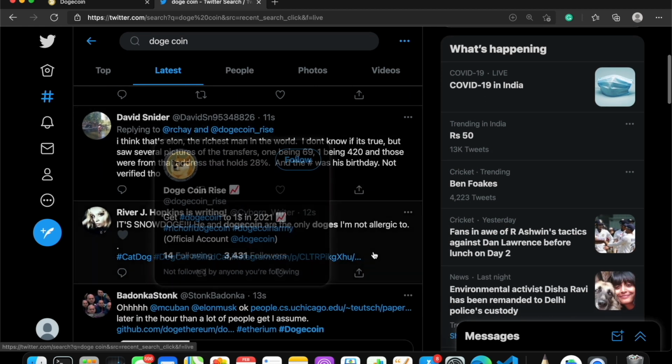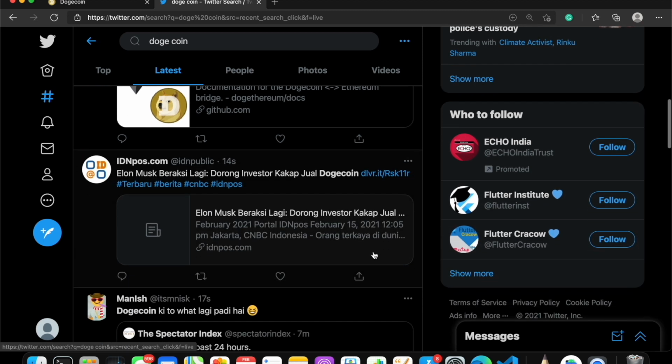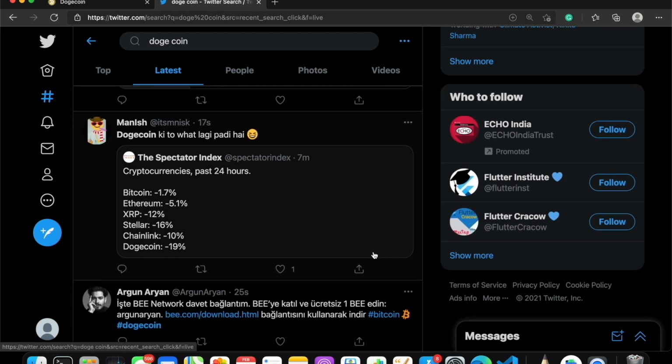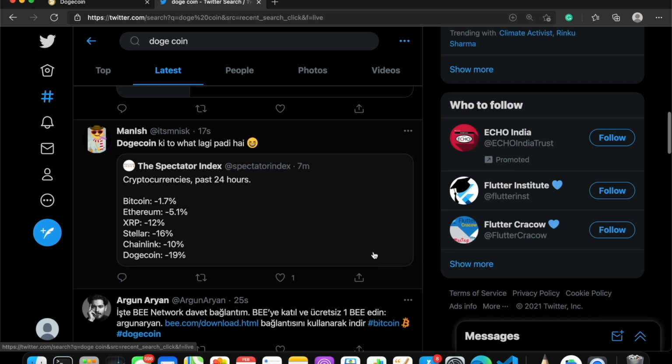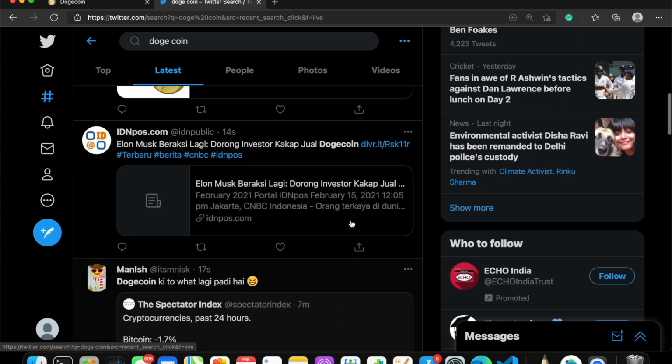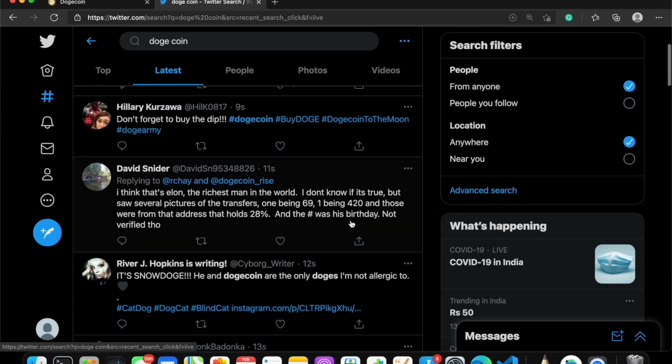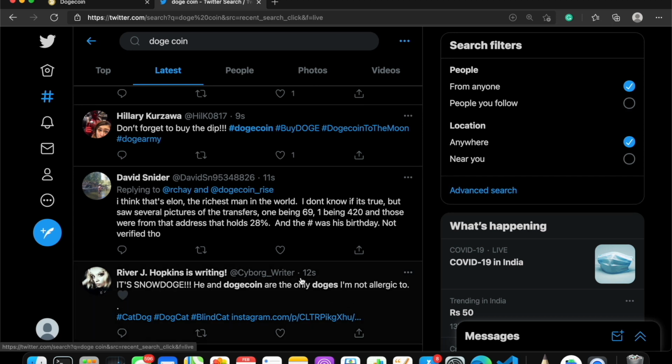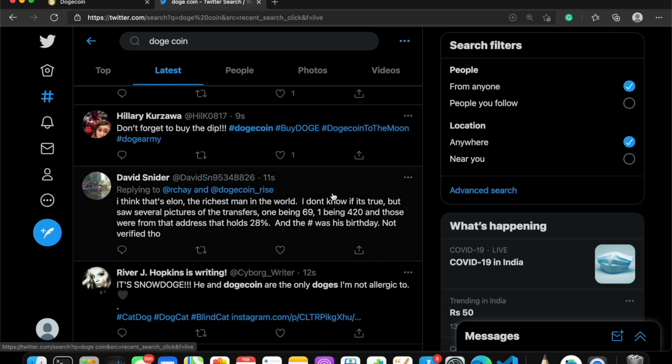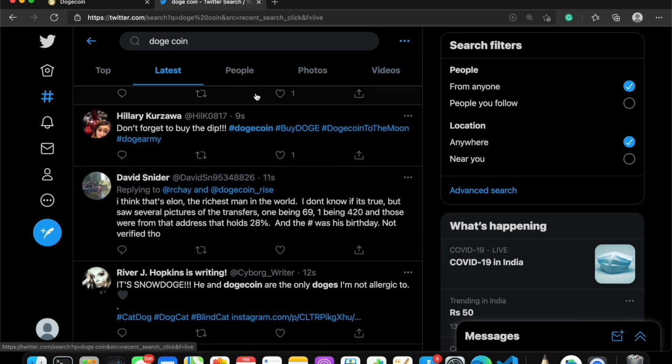Usually most of these people are from the community. Probably they have made some investments or they are mining this stuff and they want the value to go up. Such people just go to Twitter and keep tweeting so that it is listed in the trending section. Usually if something is trending, it gains people's attention and then people just go there and purchase.